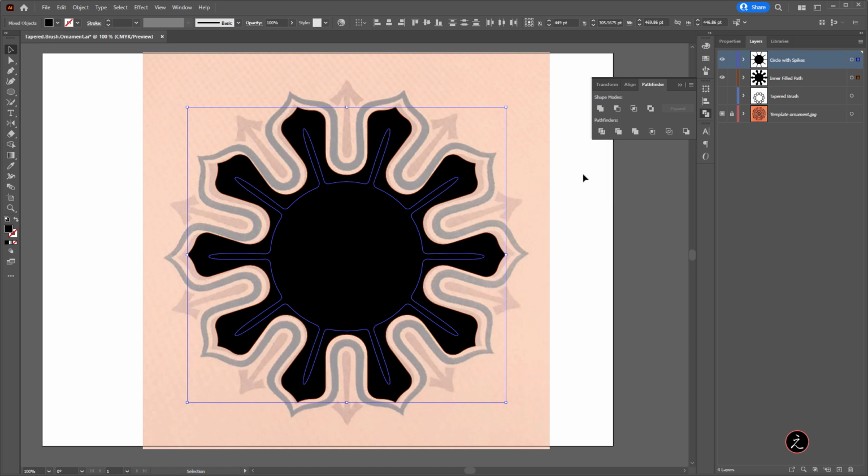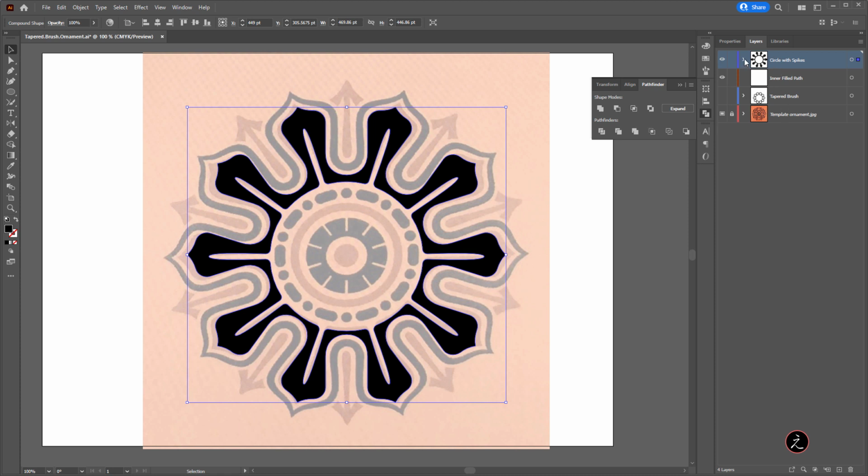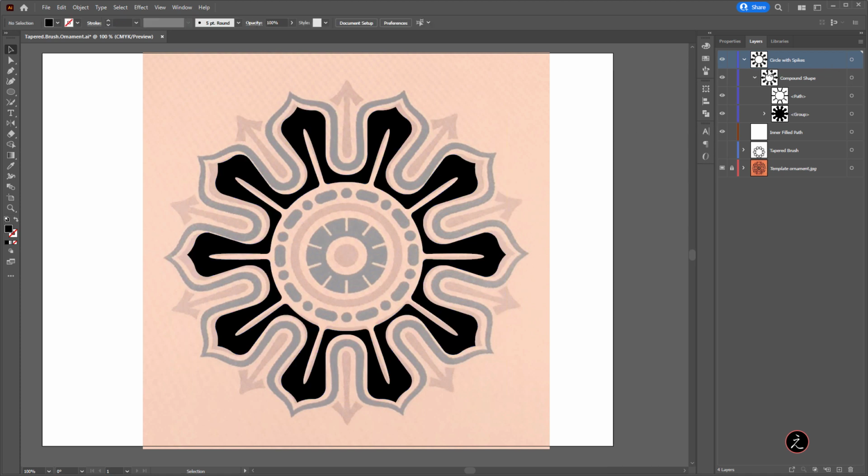And in order for us to do that, we're going to use the exclude function. So I'm not just going to click, I'm just going to hold on the Alt key and then click. Looking at the layers panel, this creates a compound shape. It's a grouped path here, it's a grouped layer. So if I open this up, here are the two paths. I did this because that gives me the ability to manipulate the contents of this compound shape in case of having a flat path. And this is exactly what I was going for.